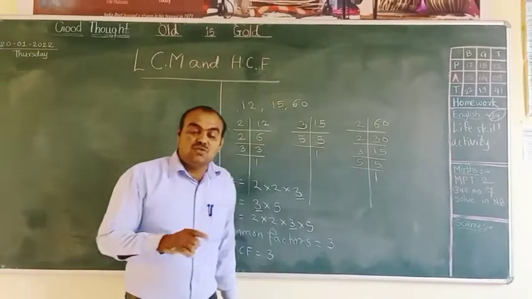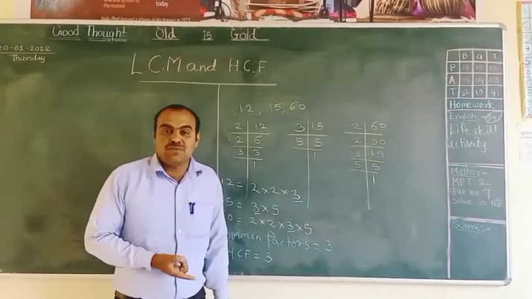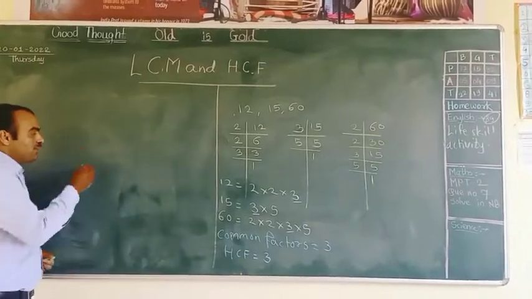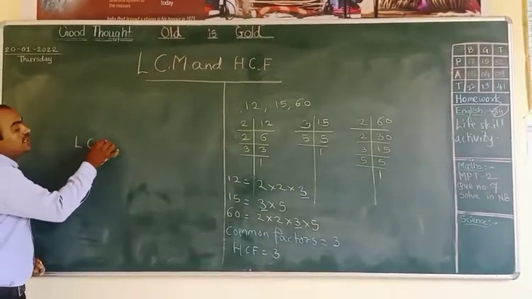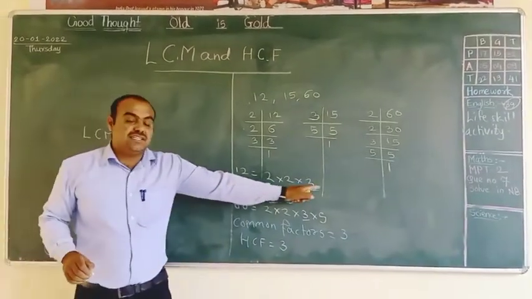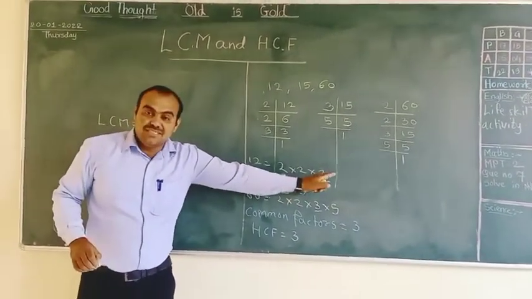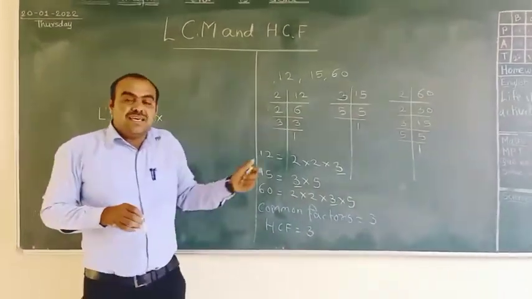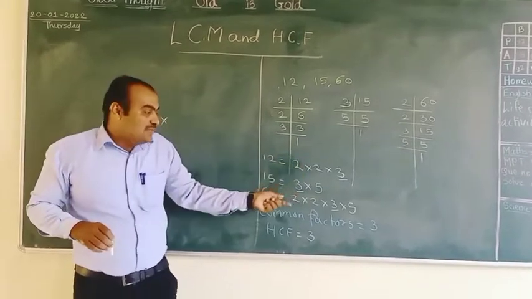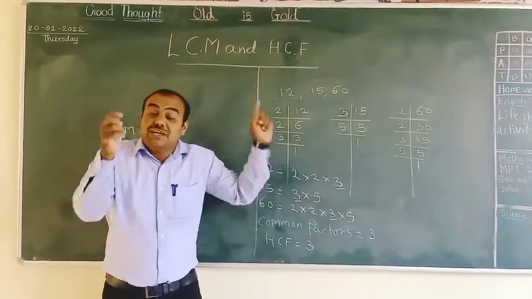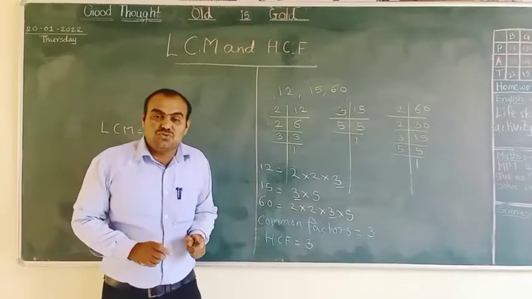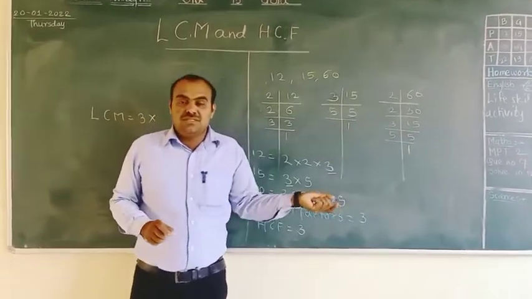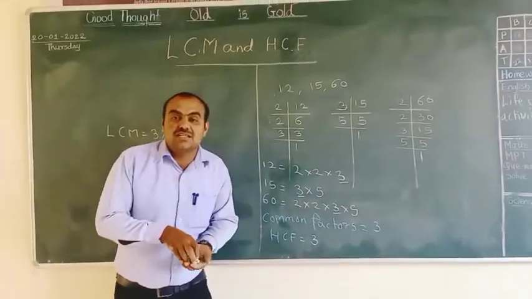Now we can go one step further more. We can get its LCM. So for the LCM, what can we do? What are we getting common in those 3 numbers? 3 only. So 3 can be put here. Afterwards, in the remaining numbers, 3 is common in every number. But afterwards we can choose the common number which is present in two numbers. We can underline, otherwise we can circle that number.